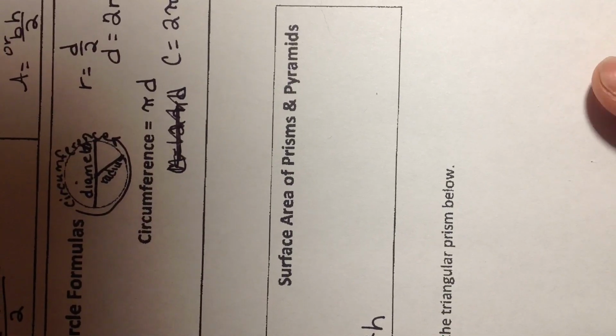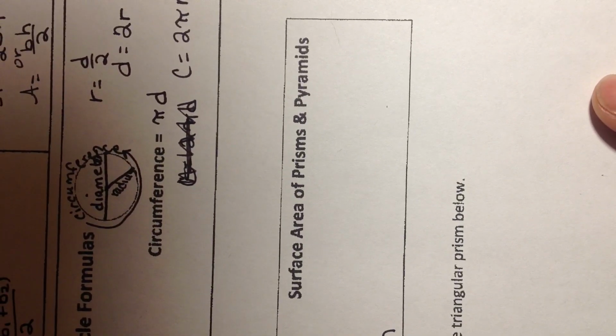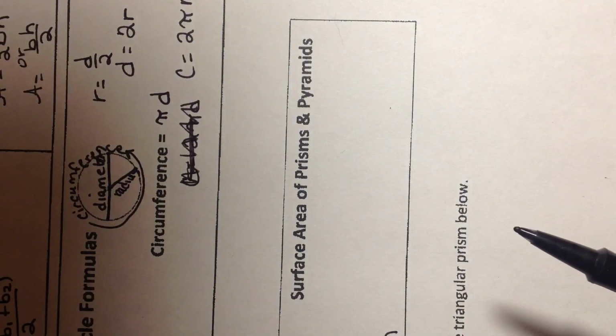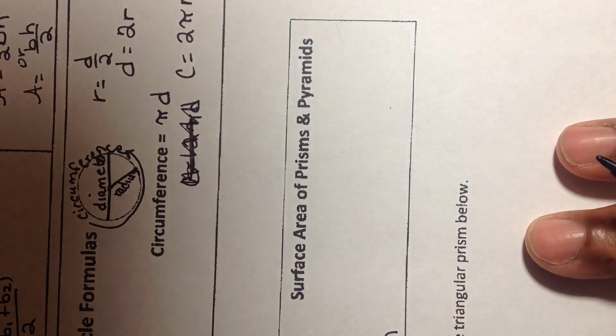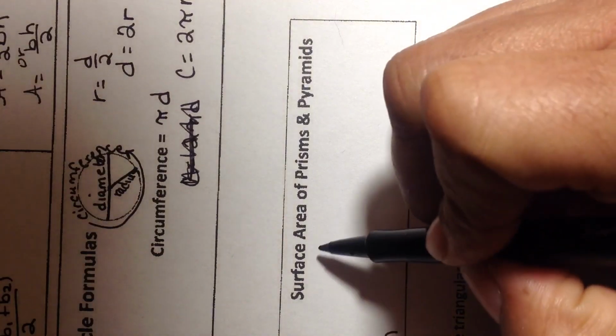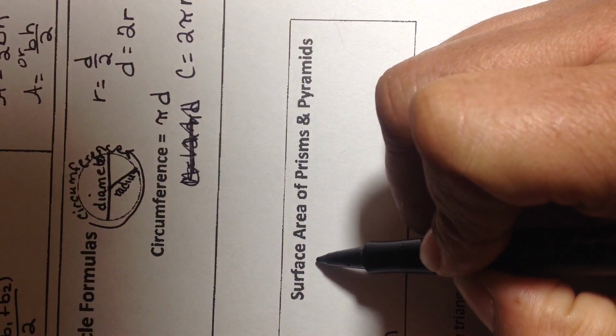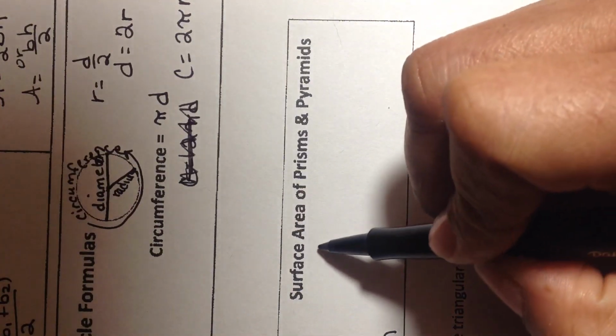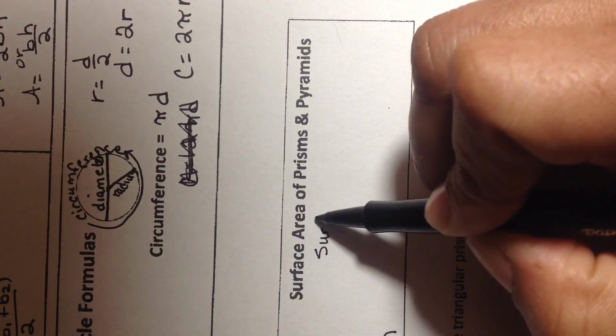The surface area of prisms and pyramids is you're simply going to add up the area of your lateral sides, and then add up the area of your bases, and then you add that together, and that becomes your surface area. So surface area